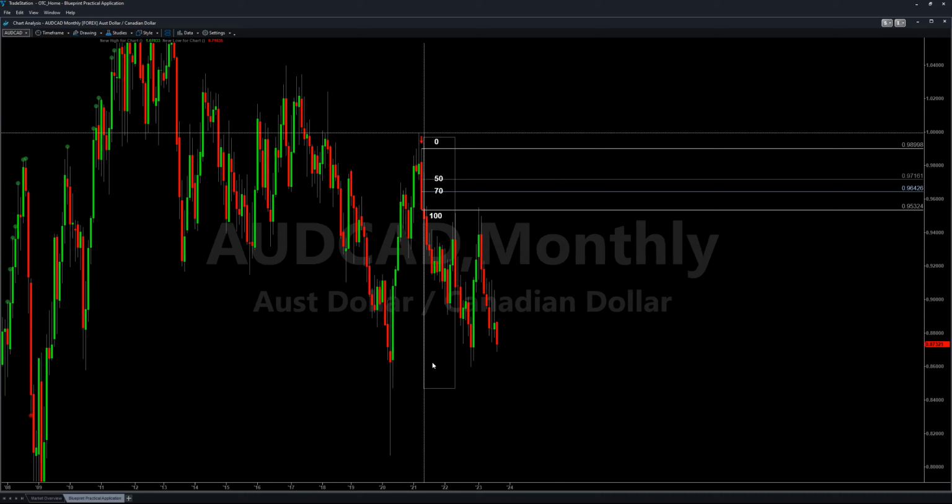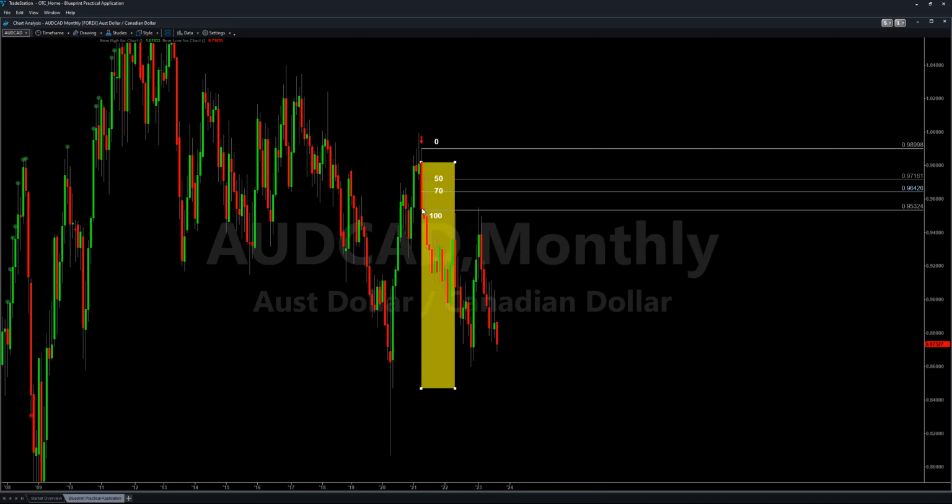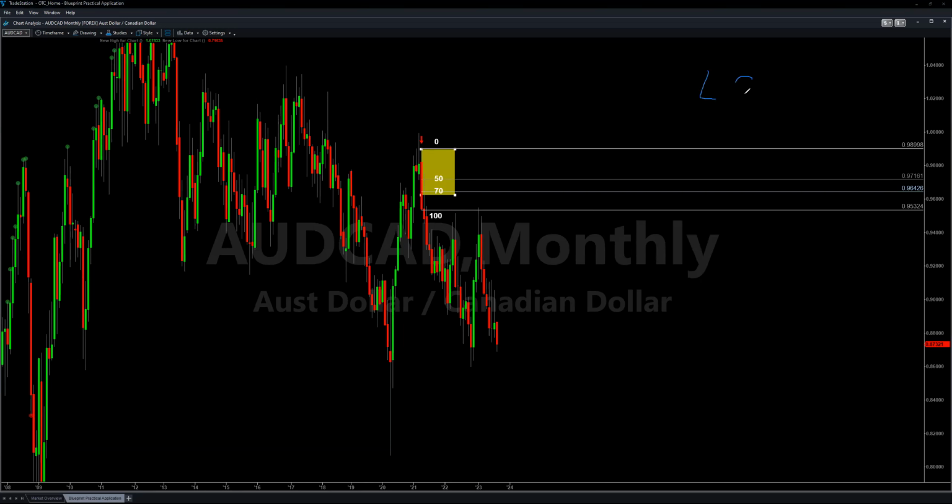The body is here, right, till here. We'll move it to 0. And look, it is more than 70%, right, of the full range of the candle. That means fine, it is an explosive candle, and explosive is not enough. It's not only 70%. This candle should be our leg out, okay? The leg out has to be more than 70%